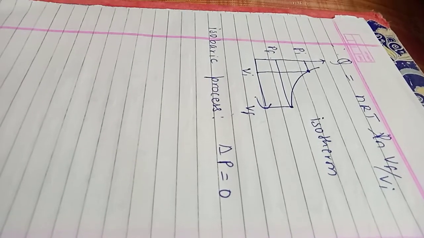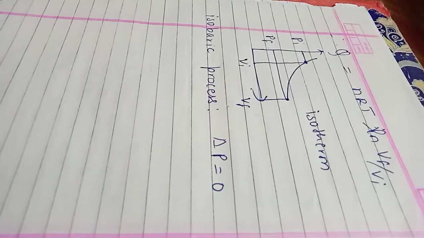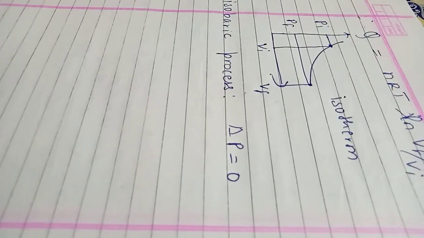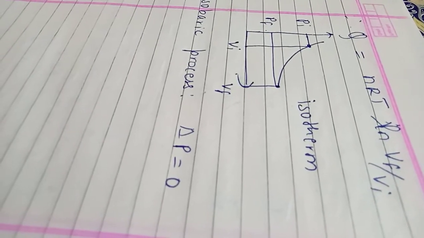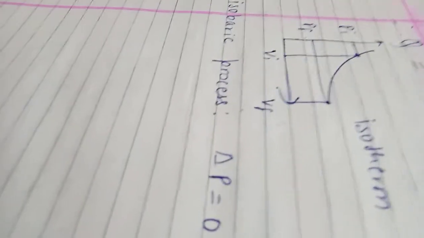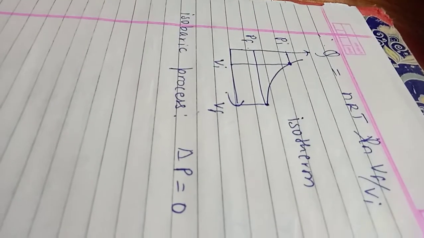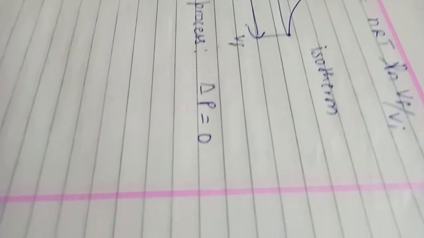What I mean is that the internal energy, the work done and the volume are not constant, but only one term is constant, and that is pressure. Even the temperature is also not constant. Are you okay here? Temperature is also not constant, students. Then for the isobaric process, what will you write? Since the pressure is constant, change in pressure is zero.